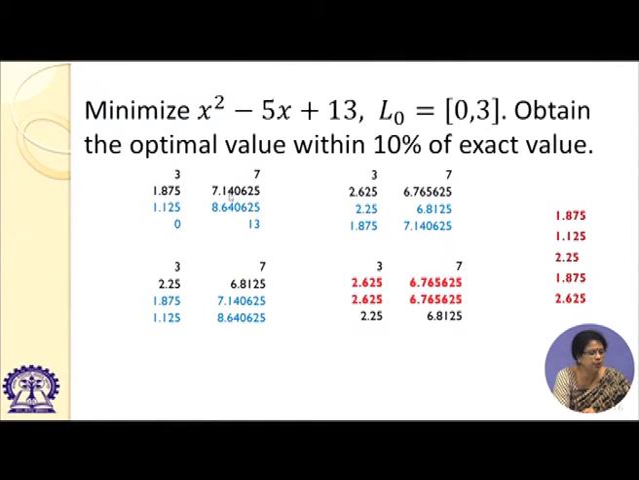Just look at the trend of the function: 7, 7.14, 8.6, 13. That is why we could see that the functional value is increasing from 7 to 0. We are finding the minimum value. That is why we can say that there cannot be any minimum between 1.125 and 0, because the trend of the function is increasing. Then what will we do? We will again take a new interval of uncertainty